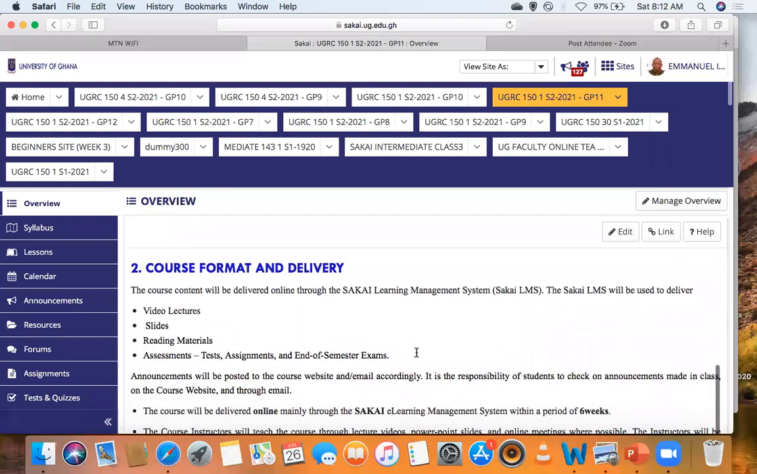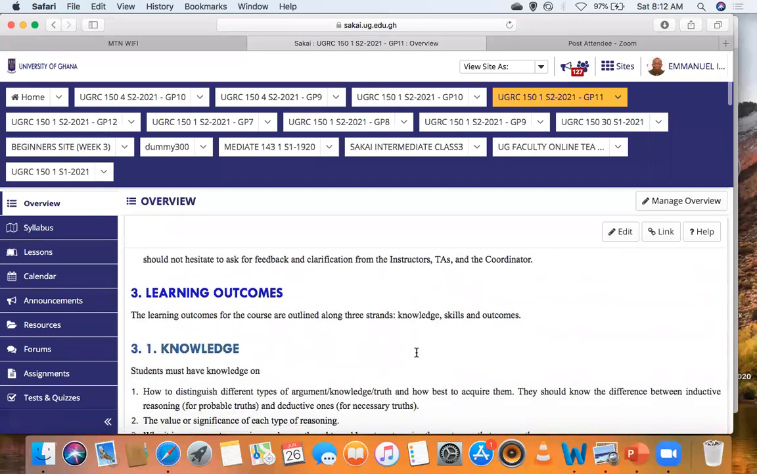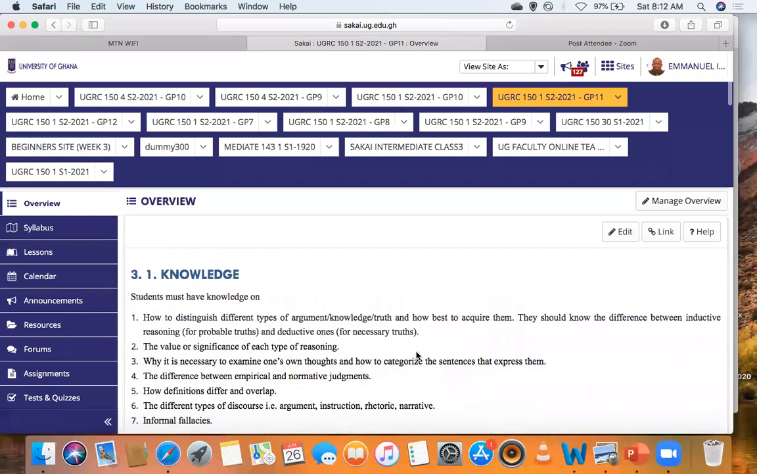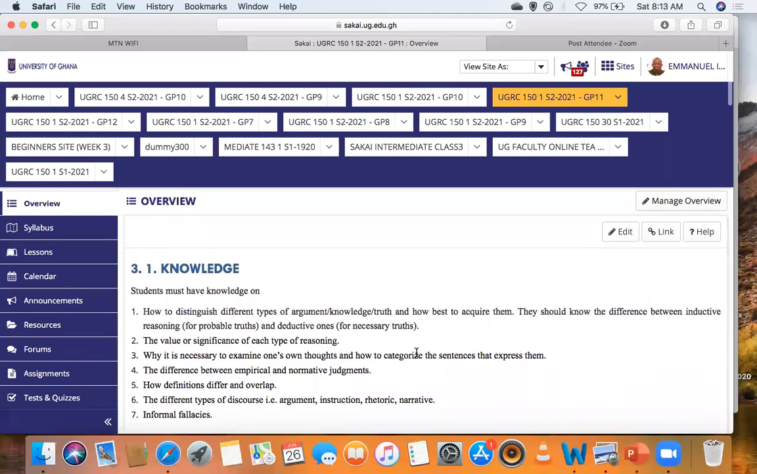So let's get down and look at some other highlights. We are hoping that by the end of this course, we should gain some bits of knowledge. For example, we should be able to know how to distinguish different types of arguments, truth, knowledge, and how to acquire them. We would also want to know the difference between inductive reasoning for probable truths and deductive reasoning for necessary truths. Now, just by way of a general comment,